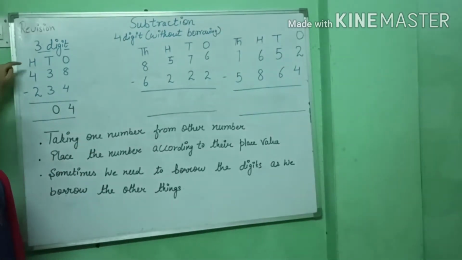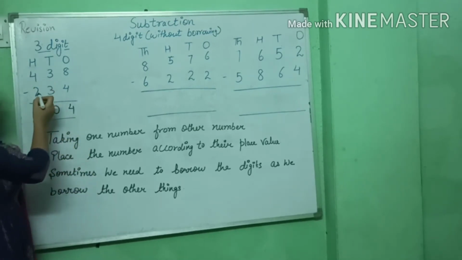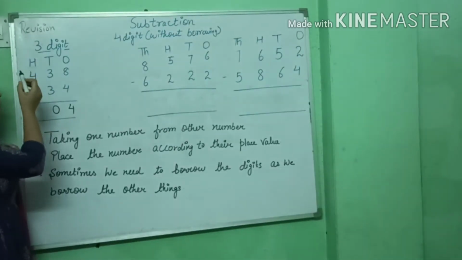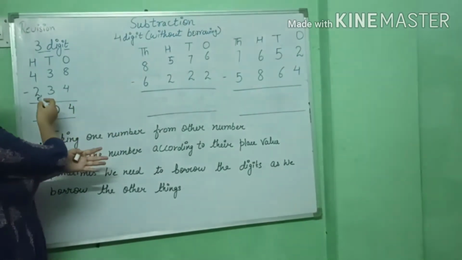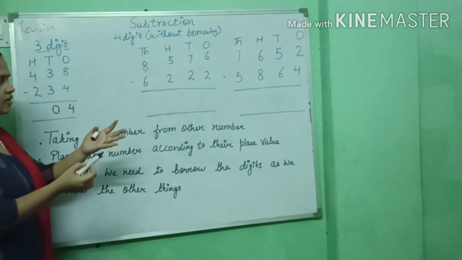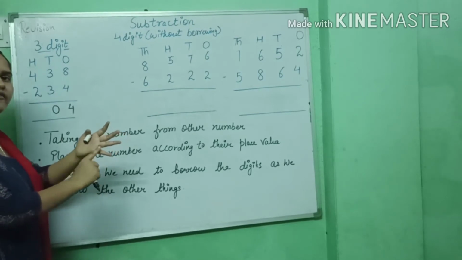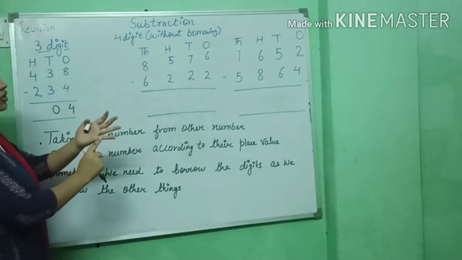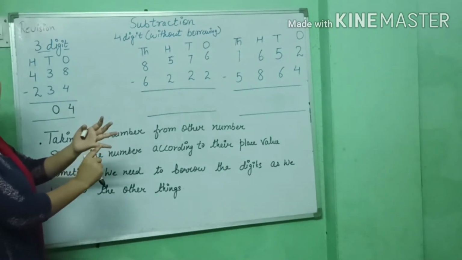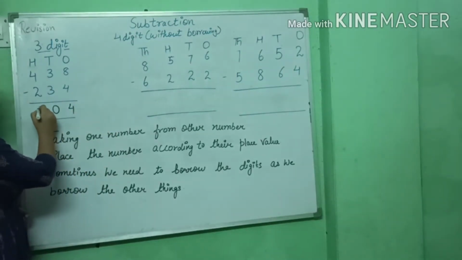So you can see we come to the hundreds column. In this hundreds column, we minus 2 from 4. As I said, we can do it with the tips. We have to minus 2, and we count from 3 to 4, because after 2 there is 3, and we count till 4. Then 3, 4. How many tips are there? 2, right? So 2 will be the answer.